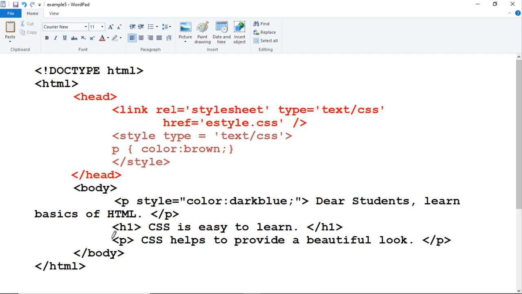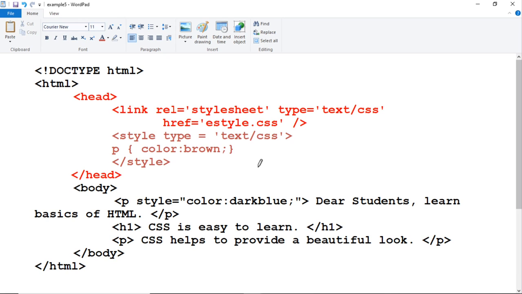Then for the third line, which is another paragraph element, CSS helps to provide a beautiful look. For this text we have not implemented inline CSS, so it checks for internal CSS, and there is a style for the paragraph element in internal CSS to display the text in brown color. Then this third line will be displayed in brown color.